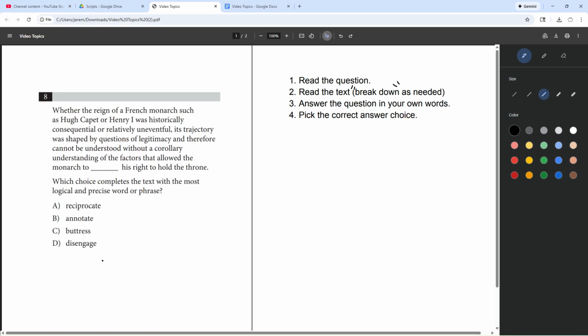And so now we have disengage, right? We already have annotate because we're going to say we do know what annotate means. Between buttress and reciprocate, which one of those is more common? Which one of those have we heard more often in life? Probably reciprocate. Maybe we're going to be able to correctly guess. And I will say you have to give some type of definition because you can't move forward without some type of definition for at least 3 of the words. So you're going to have to try to come up with some type of definition or some vibe of what